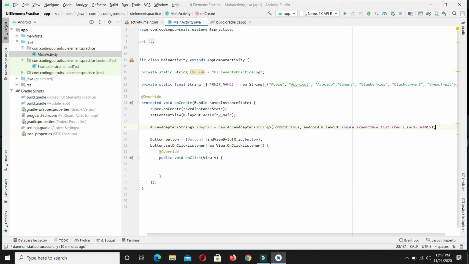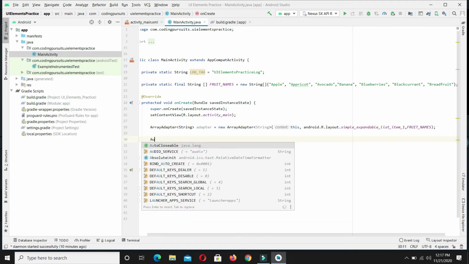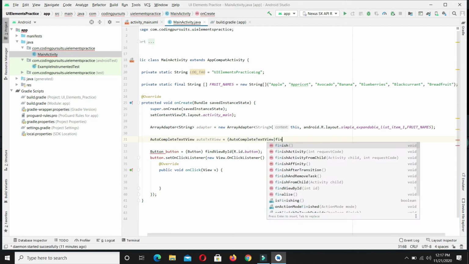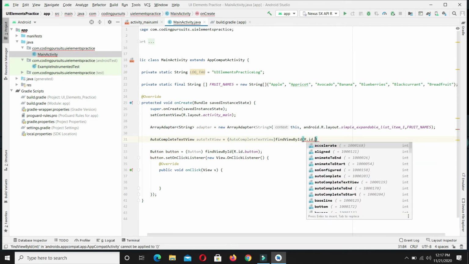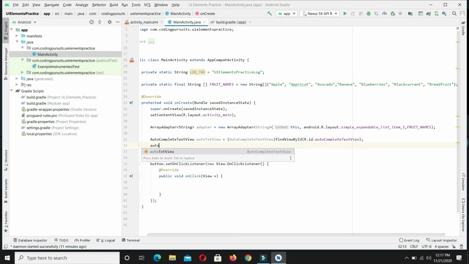Now we have to set this adapter to the autocomplete text view. Let's access that autocomplete text view. So now let's write the final line.